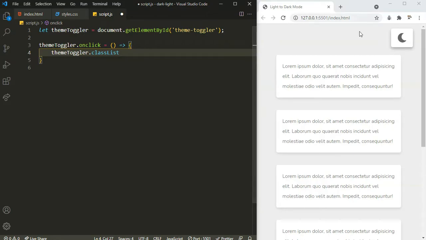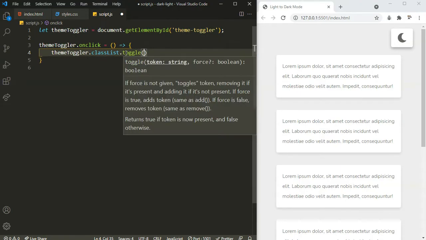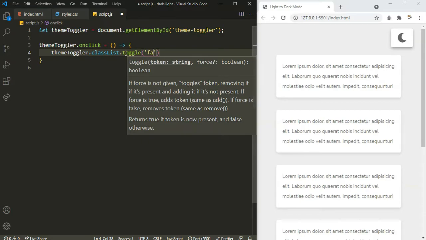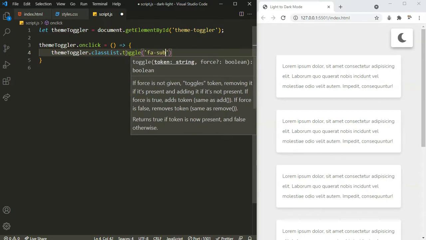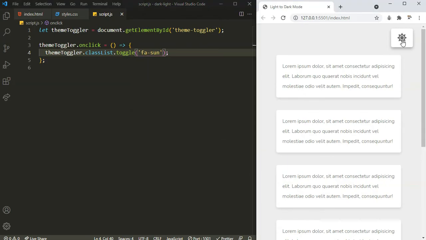So when I click on it, the icon should turn to the sun icon, right? Let's do that. So here I'm gonna toggle the Font Awesome class name for the sun, that's going to be fa-sun. Okay, now let's test it out. When I click on it, as you can see, the icon is turning to sun.